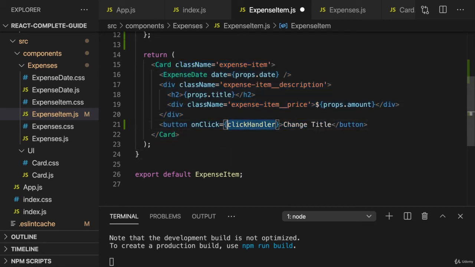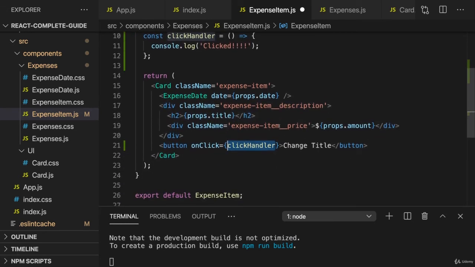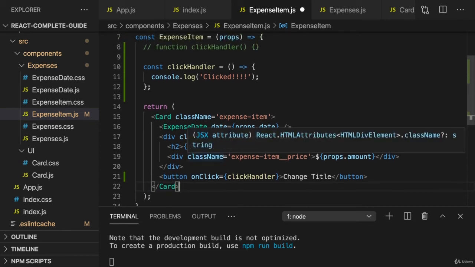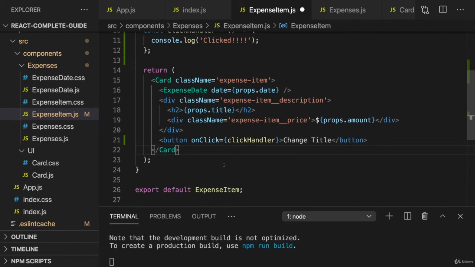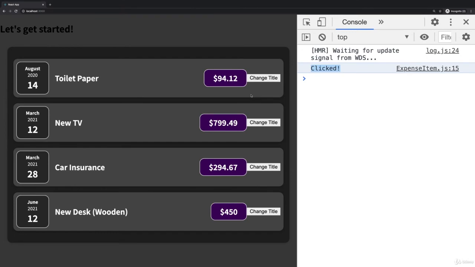That's why instead we just point at the click handler, we just point at the function, we pass a pointer at this function as a value to onClick, and then React basically memorizes this and executes the function for us whenever the click occurs, so that it's not executed when this is evaluated, but when the click occurs, which is exactly what we want. So now when I save that and I reload here, you see now we have clicked